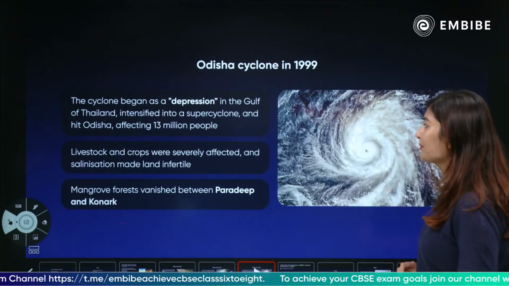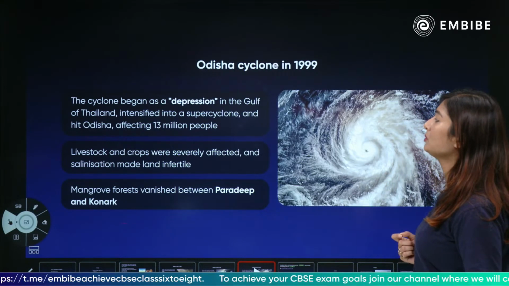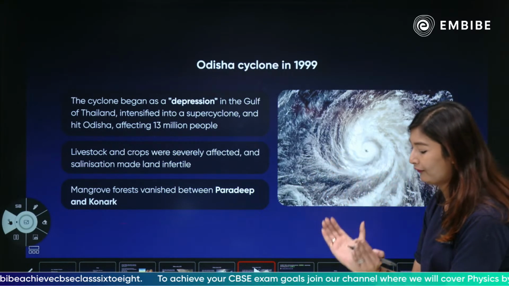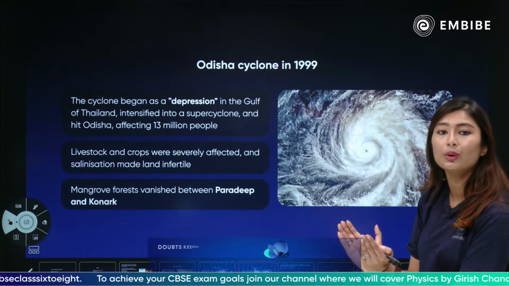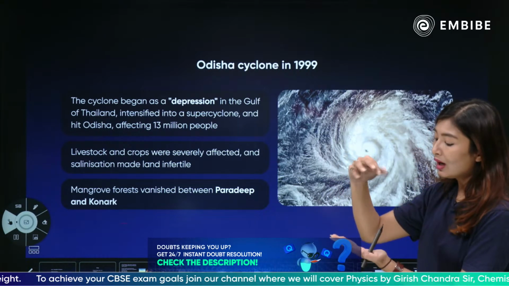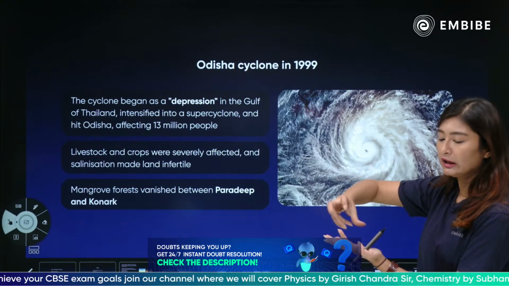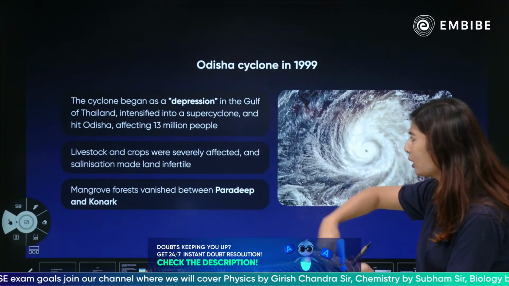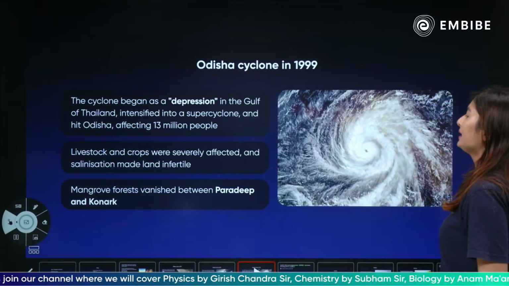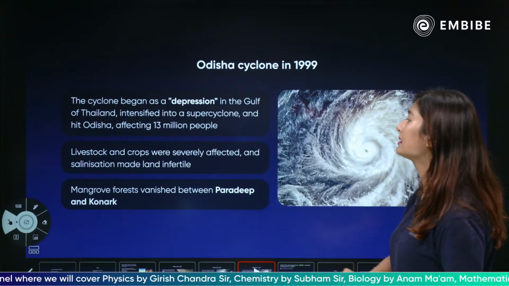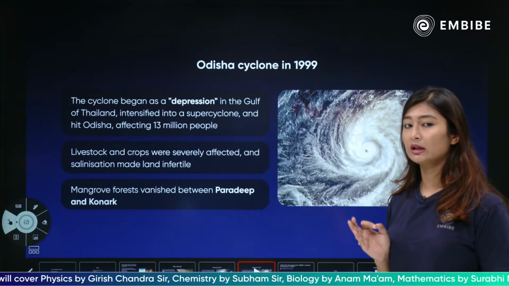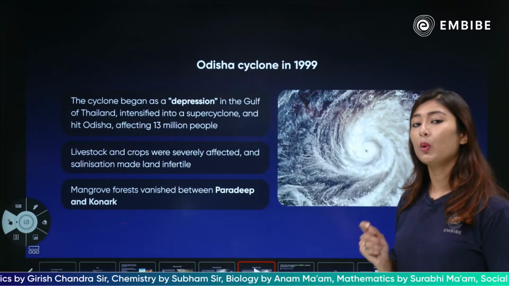गल्फ ऑफ थाईलैंड में, it intensified into a super cyclone. So this Gulf, this depression got created. Depression क्यों हुआ? Pressure difference की वजह से. Then eventually वो धीरे धीरे वहाँ पे बहुत intense होता गया, movement बहुत fast होती गई. And finally when it started moving, it hit Orissa, which affected 13 million lives and people, which means 1.3 crore